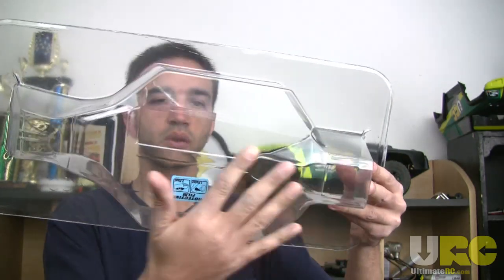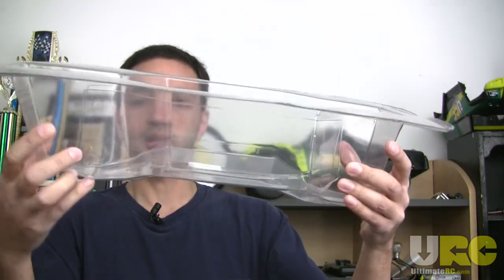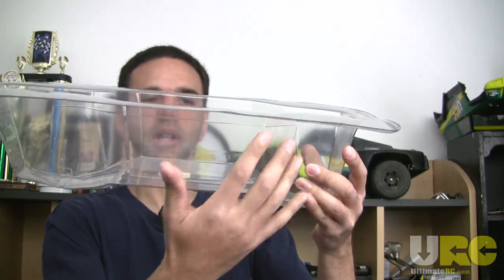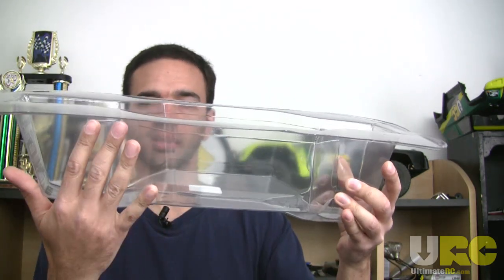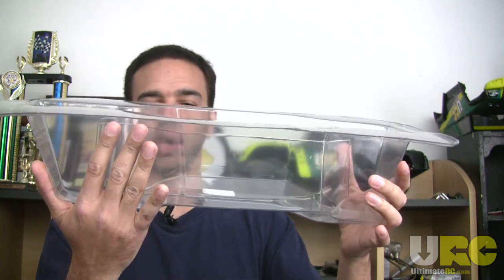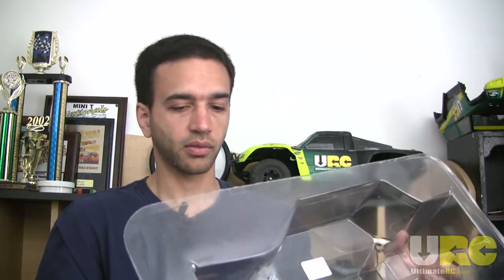Just a continuous line of Lexan there, goes all the way up the sides, and then you actually have these high sidewalls that make it more than an under tray, but it actually becomes a little bit of a side dust and dirt guard as well. So I'm going to go ahead and trim this out a little bit and mount it up onto my 4x4